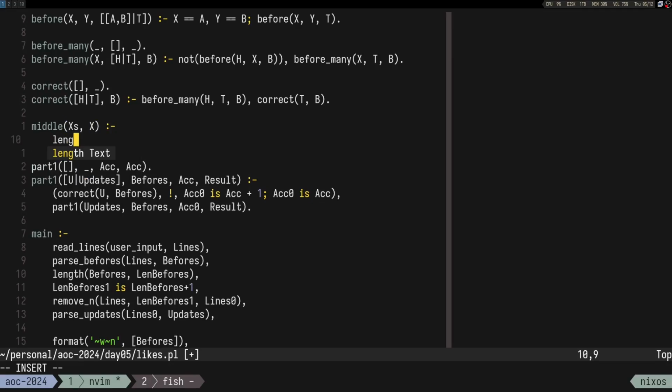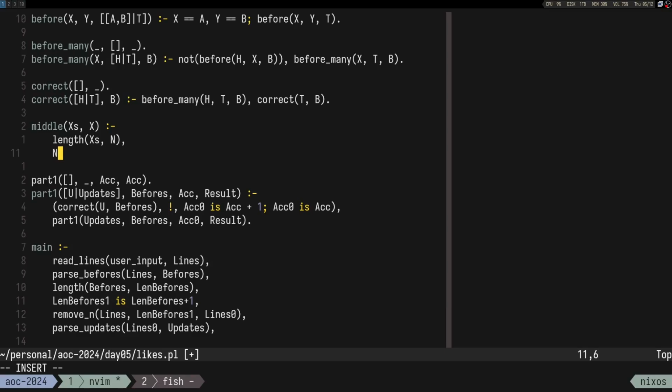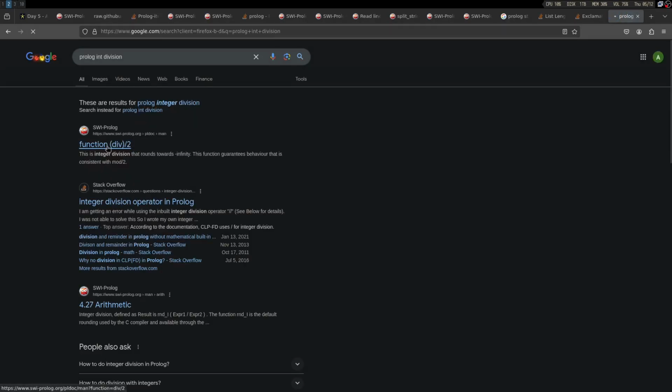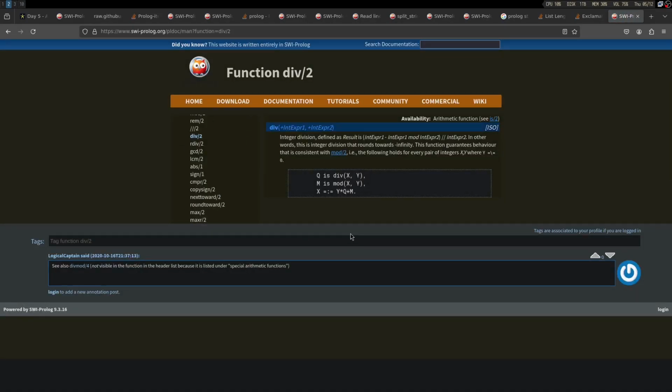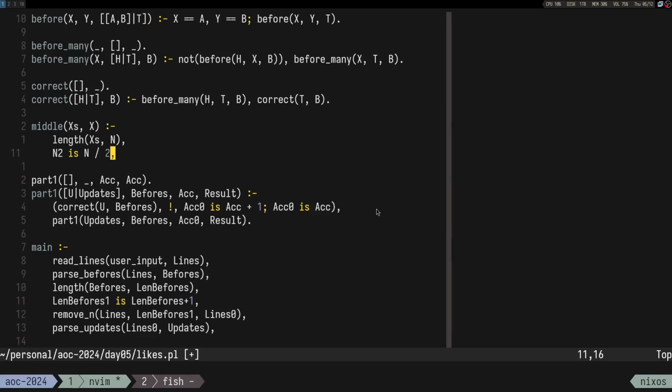I need to get the length of axis into n, then n2 is n divided by 2, Prolog int division div. So n2 is div of n and 2,